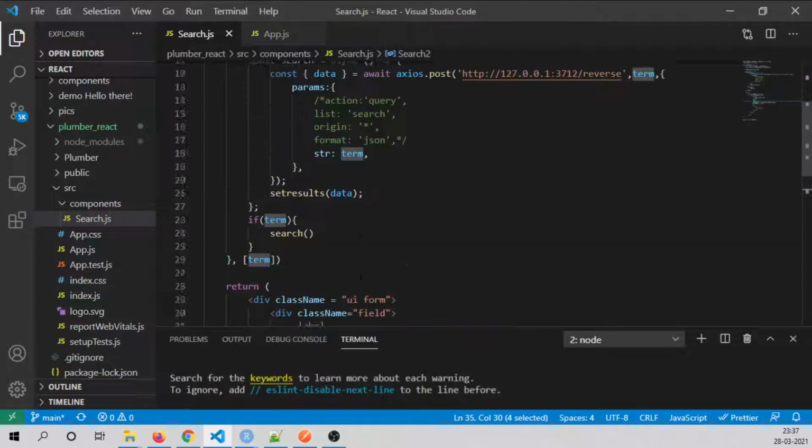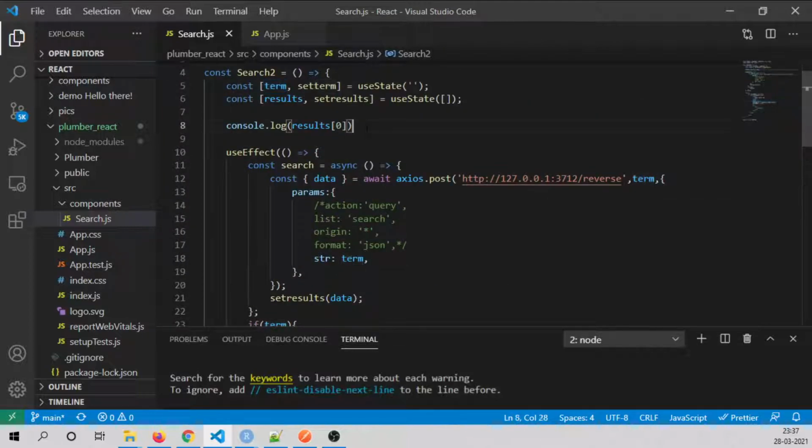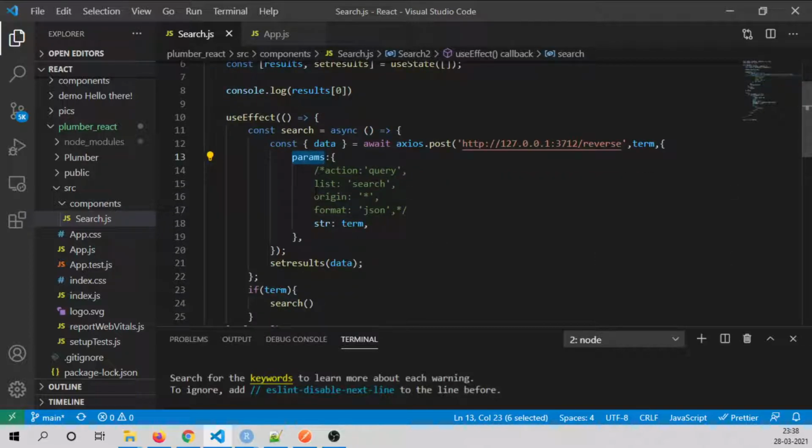As I already told you, this is not a very basic tutorial. You have to have a little bit of clarity on how React hooks actually work. So yes, I am making a post request, and as you know, in the post request for the first parameter we have to pass the argument, the string that we are providing, same here in the params as well.